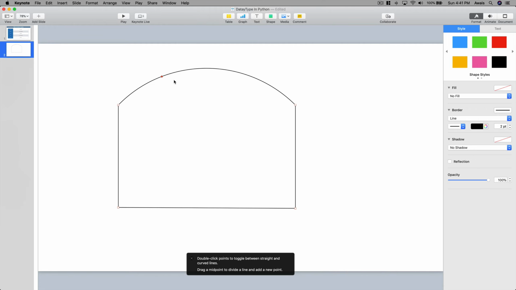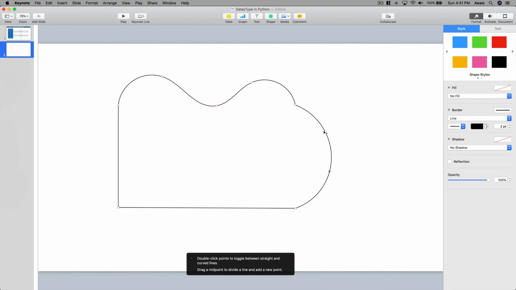Now what if you want to create your own vertex? You press the option key, and you can create your own vertex. Click, and then you can bring it down from here. You can have another vertex here, you can have another vertex here, and then you can click, and then click here. Okay, so pressing the option key will let you create a vertex, and then if you double click on